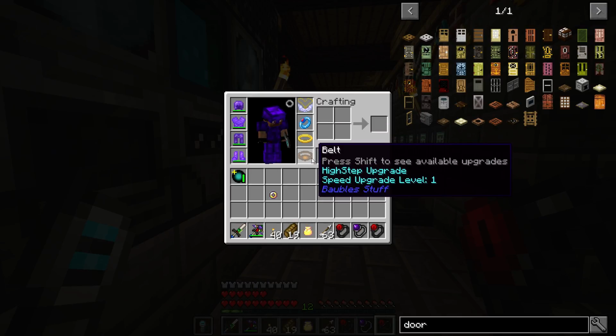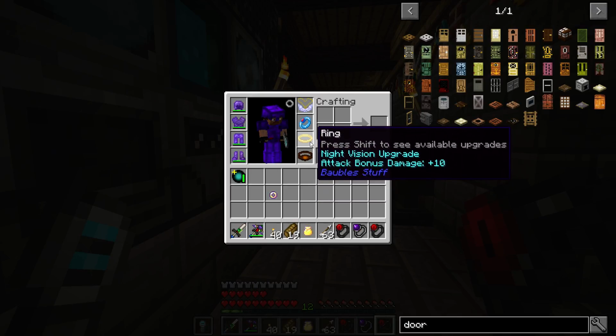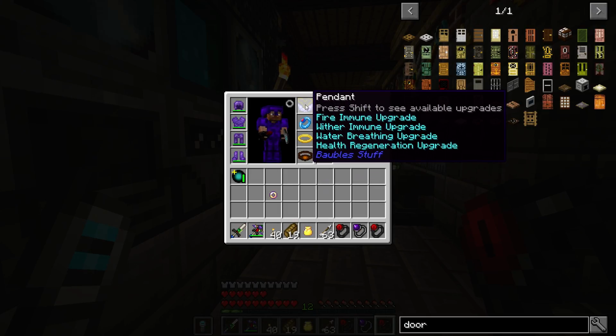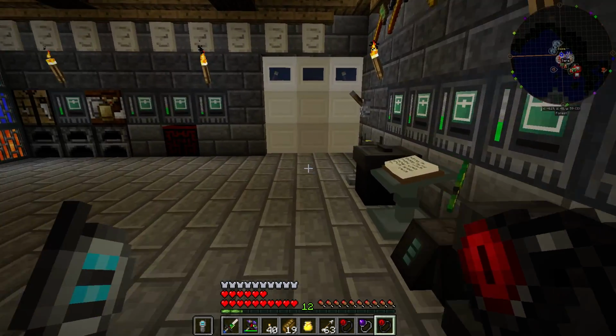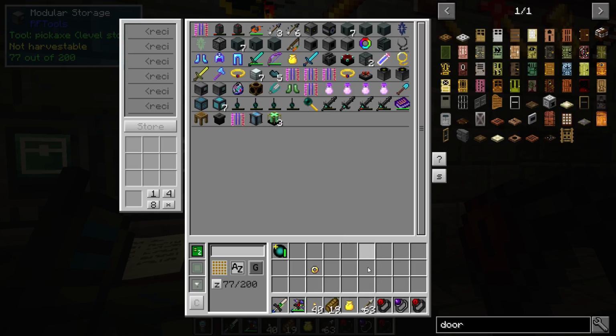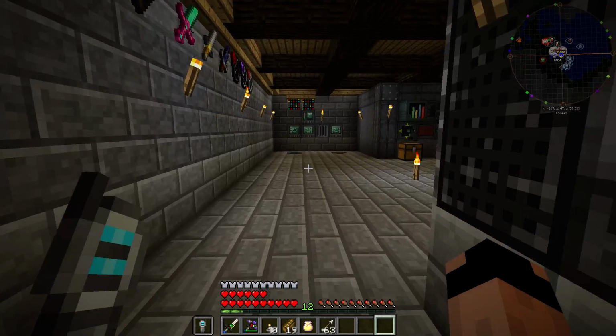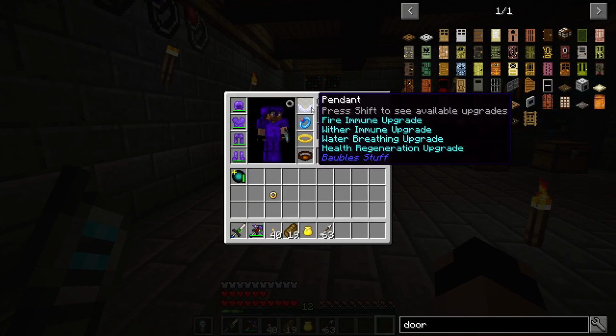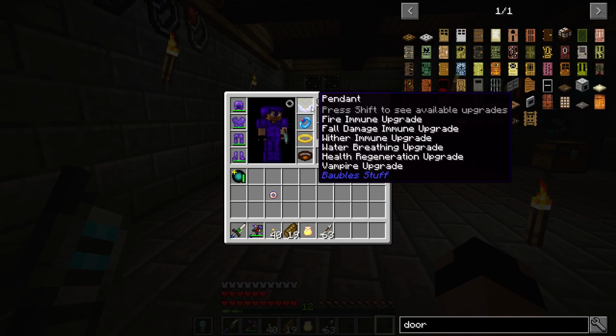I've got the high step and the speed. I've got night vision, attack bonus. I've got fire immune, wither immune, water breathing, and health regeneration. I did a whole episode on all that, but unfortunately it didn't make it. The footage was just too bad. Like I said earlier, it's kind of sucky, but sometimes these things happen, and I do plan to go back and show you how I made these, because there are other upgrades you can give these,